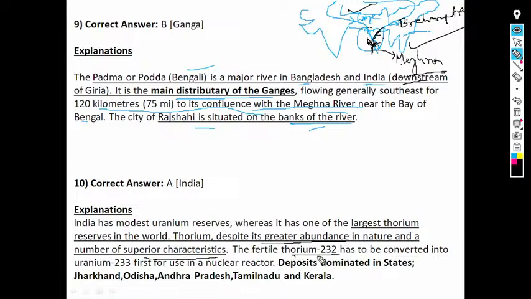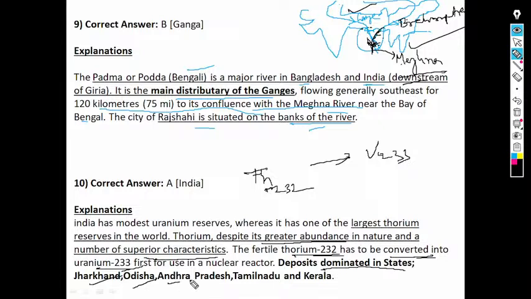The fertile thorium 232 has to be converted into uranium 233. Write it: fertile thorium, uranium 232 converted into uranium 233. Uranium 233 is first used for the nuclear reactor, and the deposits are dominated in the states